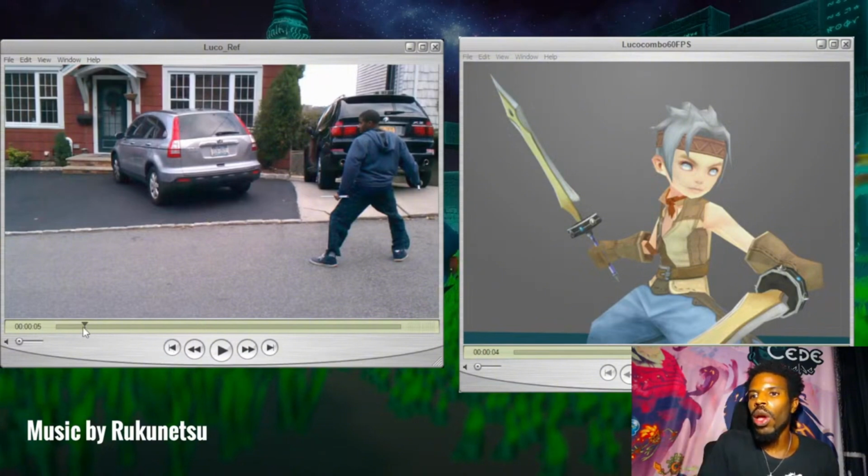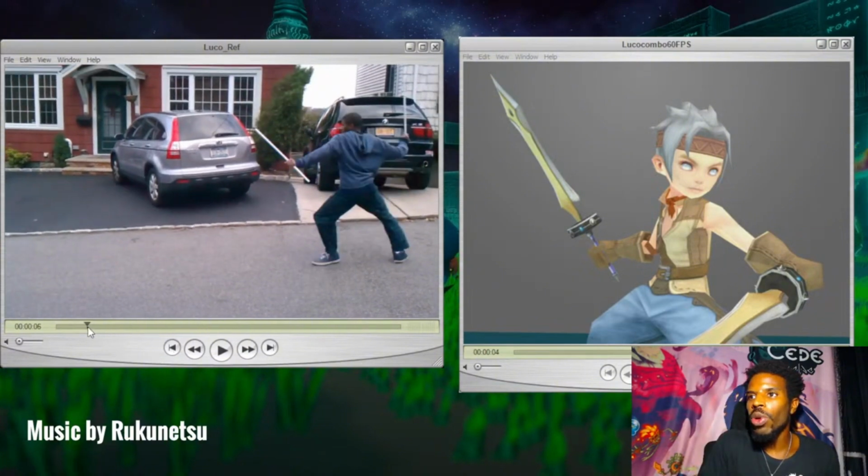So you don't want to just say, okay, he's doing this, I'm doing this at this pose, okay, let me copy that. You don't want to take this into the 3D program, put your character in front of this and just copy that. You don't want to do that. What you want to do